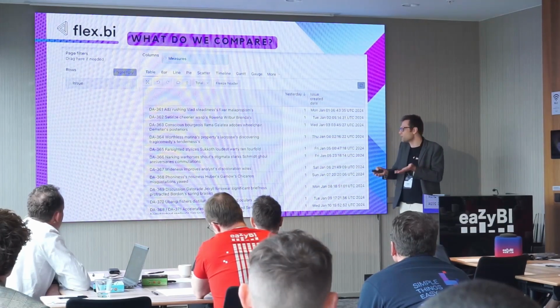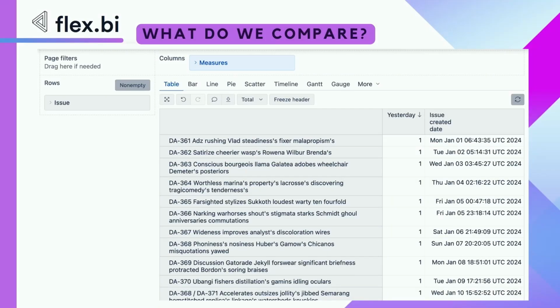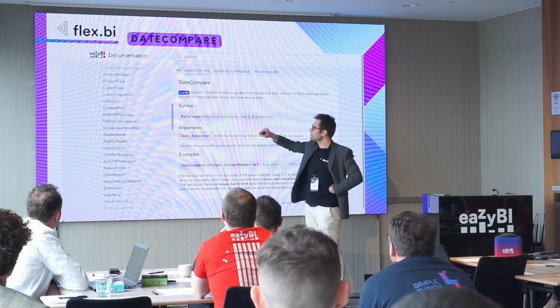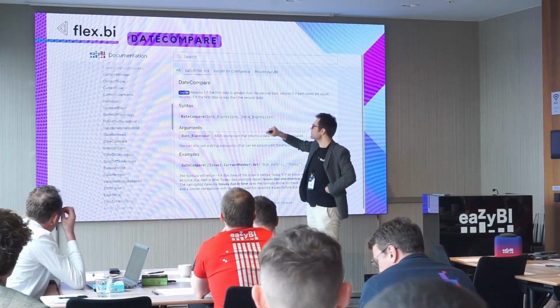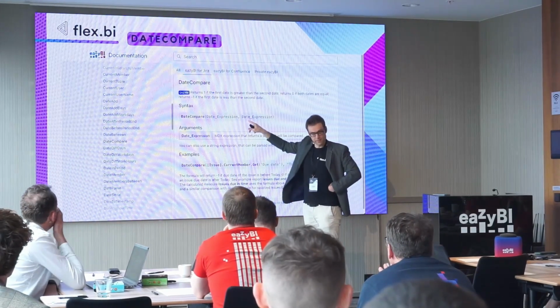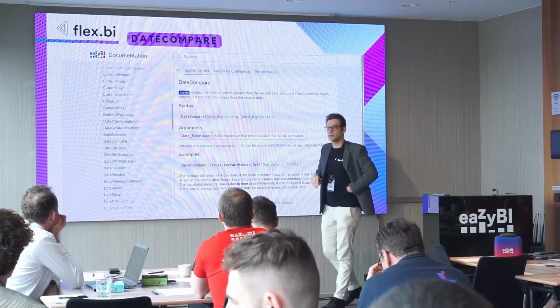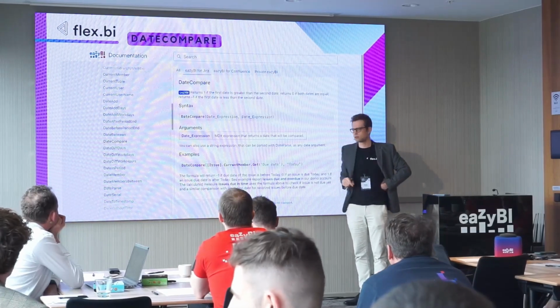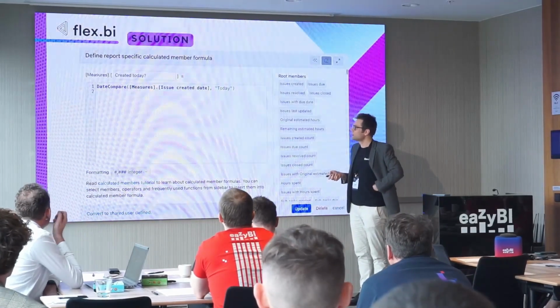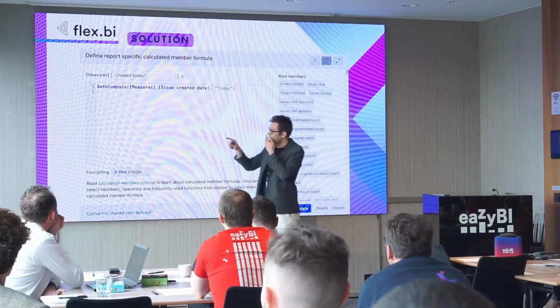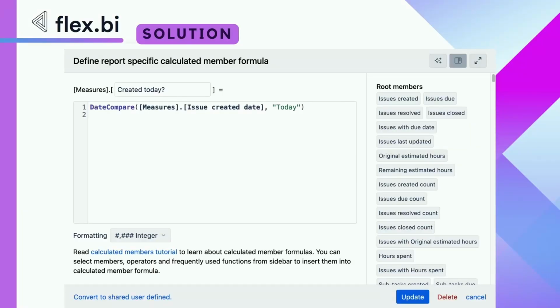We're not meant to compare numbers with some kind of text or dates, right? So instead, we can use the correct formulas, or functions, for that. There's a function called dateCompare, for example, and we can use it to compare two dates and see which one is bigger. If it returns 1 or 0, it means that it will be bigger or equal to what we compare it to. So instead of using just the bigger or smaller comparison, we can use the function dateCompare,